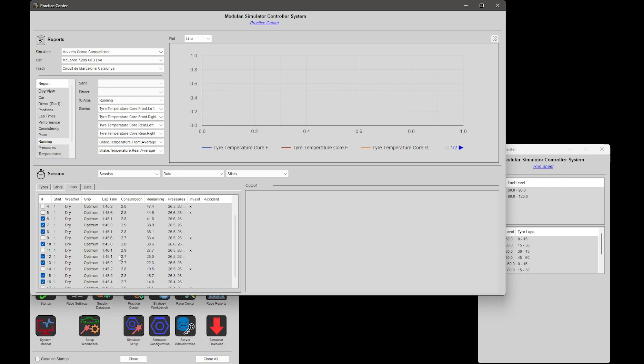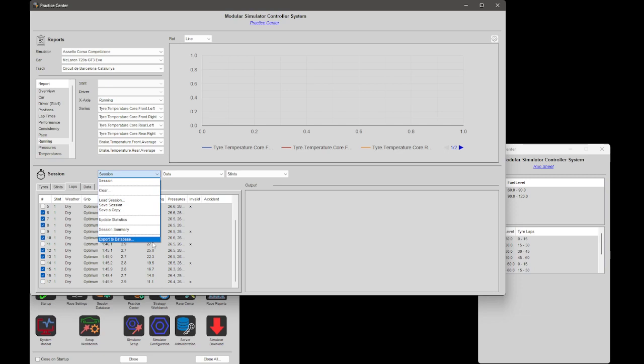And also, when you have been in the pit in a race with a pit stop, the two laps after the pit stop will automatically be deselected, and all invalid laps will be automatically deselected. All other laps are selected, and these laps will be transferred to the session database when you request it here